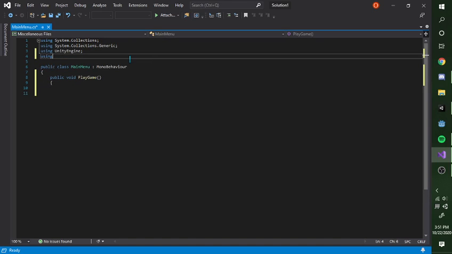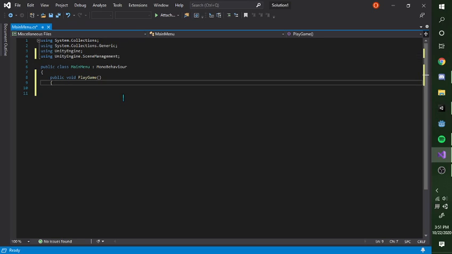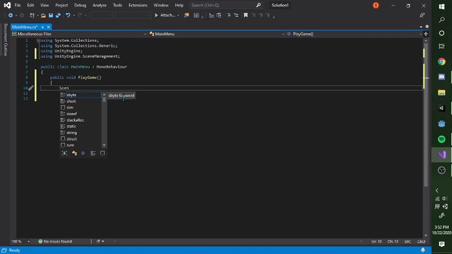What we're going to need to do is go up here and add a using UnityEngine.SceneManagement, scene management. Make sure you spell that right because I spelled that wrong one time and it messed everything up. So what we're going to do is add capital SceneManager